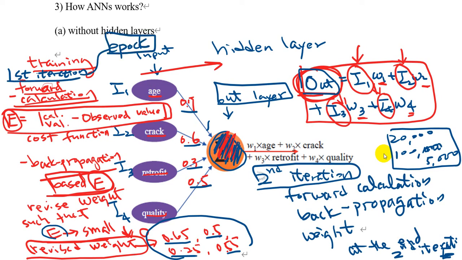So you will see the lingo epoch many times in the AI business from now on. And epoch just indicates one full cycle of calculation, including forward calculations and back propagation, to try to revise your weights to minimize the error function or cost function. And how many times do you have to repeat the epochs? Maybe many times. This is a very lengthy process, because you start with assigning